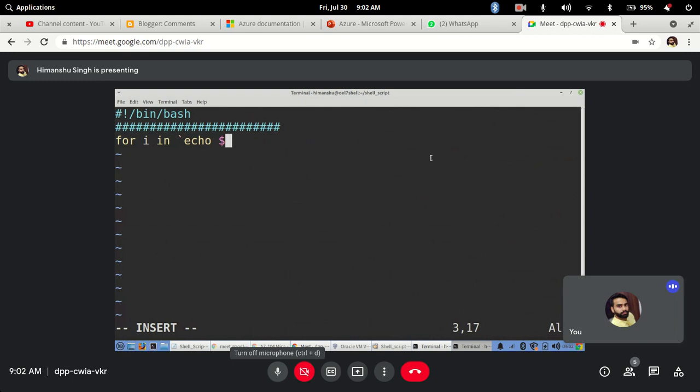Echo dollar order, and I will first put a star, and I will define it here, order equal to, let's say, Raj 1 6.